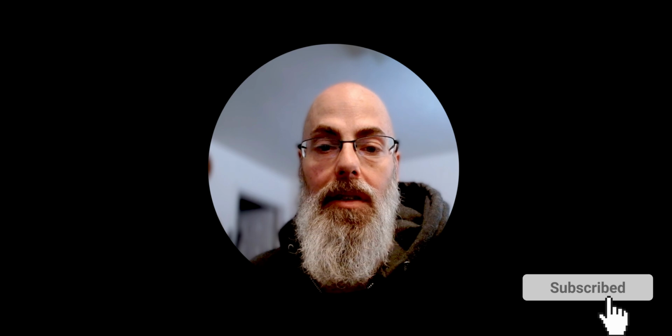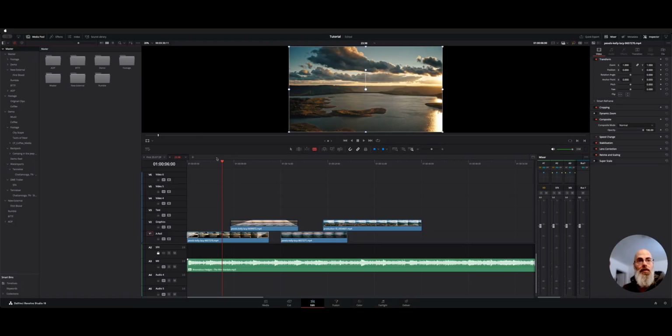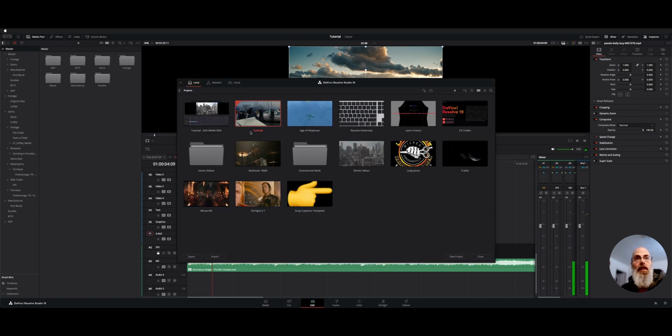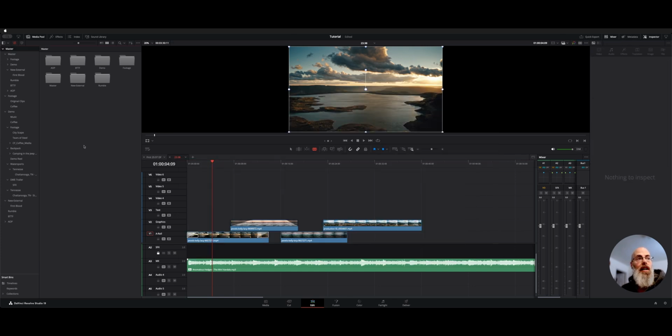I want to show you guys how you can export your media bins in case you get a corrupted project. Let me show you. I had a project where my green screen, anytime I tried a key, just wasn't working. So what I did initially was grab the project and copy it and open that up, and it still wasn't working. So what I needed to do was export all this media here in timelines